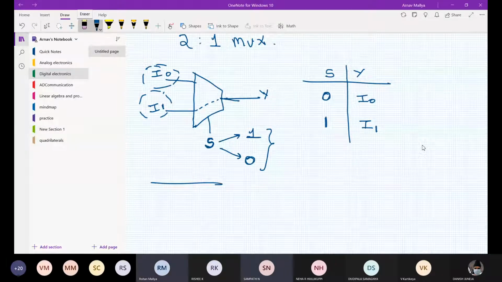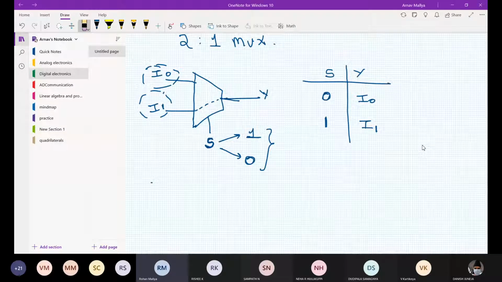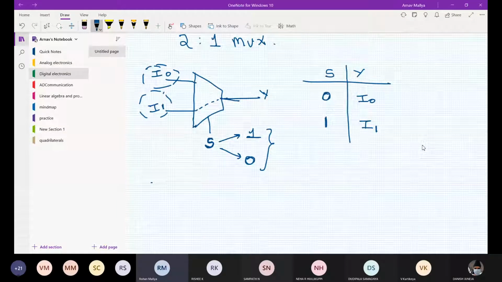You can make 3 or 4 outputs, but you will not be able to control them, because here I have only one variable, which is S, which can take only two values, either 0 or 1. Even if you make more lines, you won't be able to handle it. You can only manipulate these two values with a single variable.